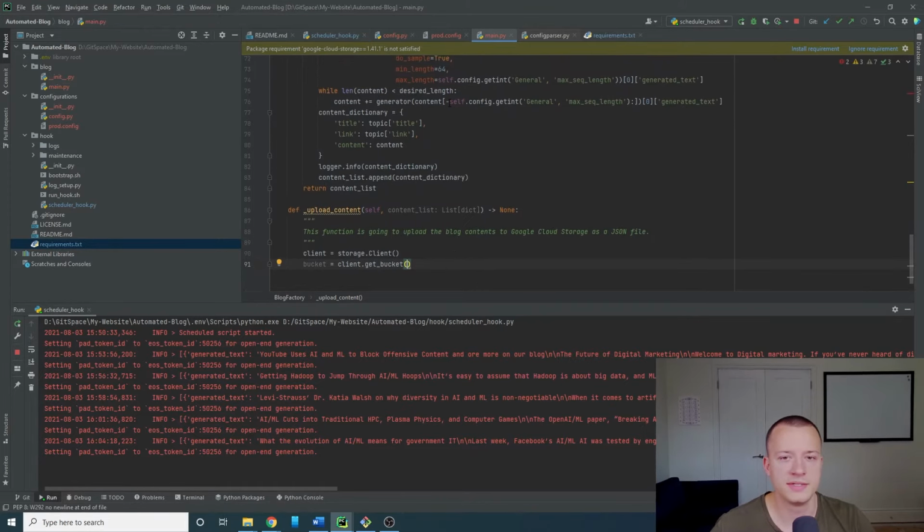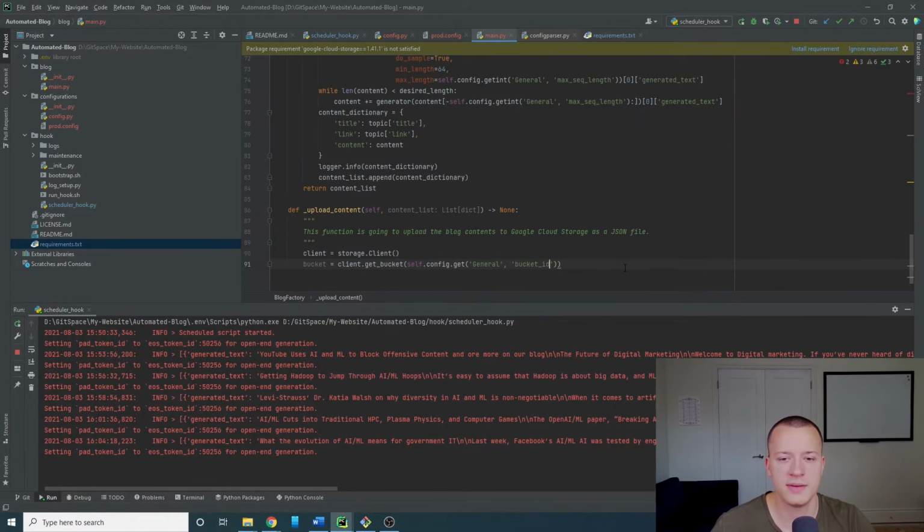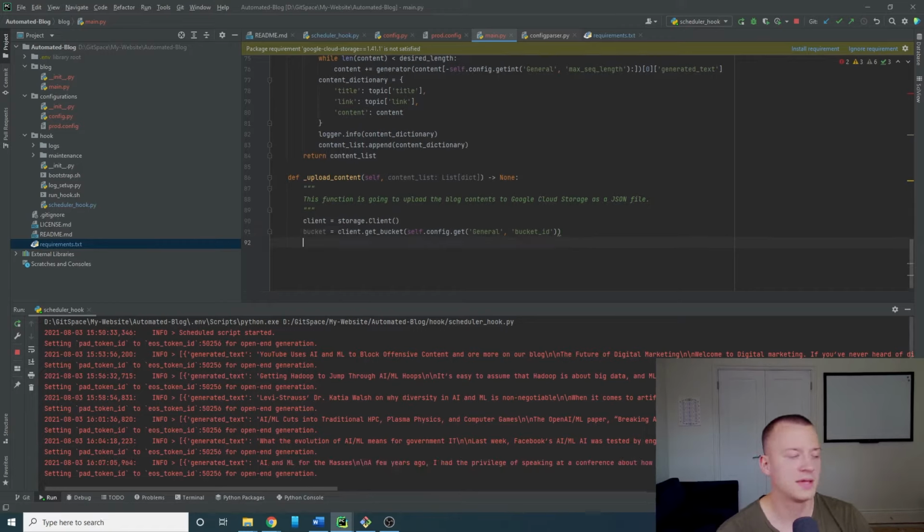So we're going to need to access our config again. This is not going to be an integer this time. We're just going to do .get. And we called it bucket ID. So we'll copy that in. And I think that's fine. So we've got a client and our bucket reference, and then we're going to iterate through our content list